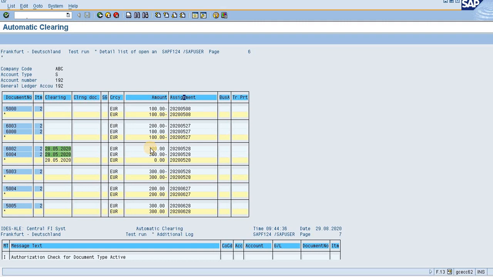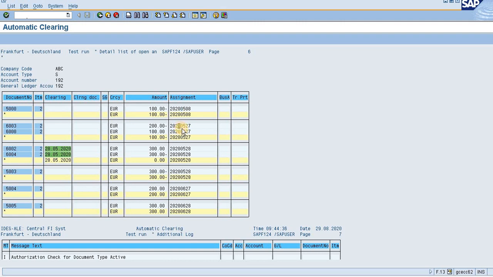And in which sense it is automatic is, SAP itself will suggest to you, and SAP itself will be giving you the green signal against those items which are ready to be cleared based on the assignment number. See, SAP has segregated the items based on the assignment numbers.